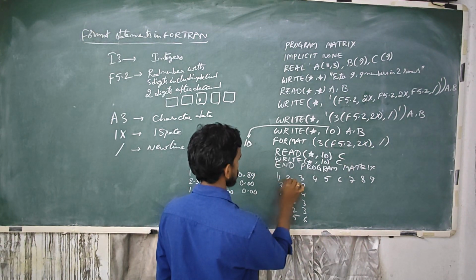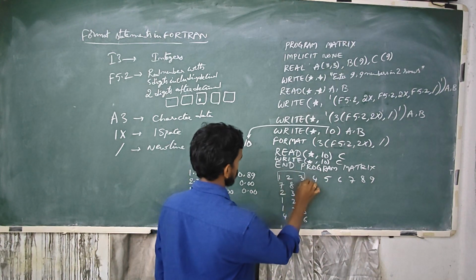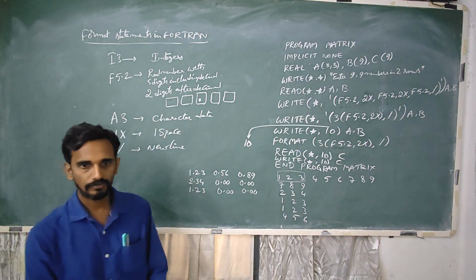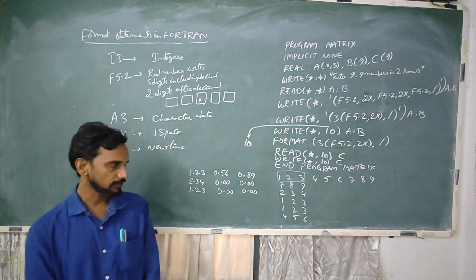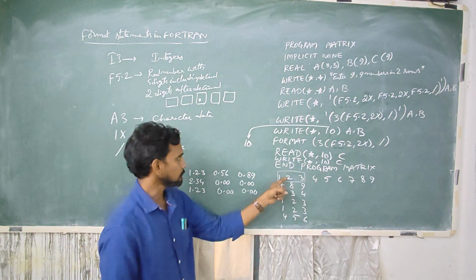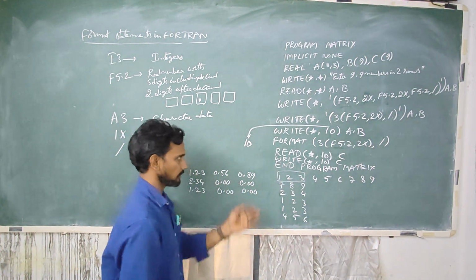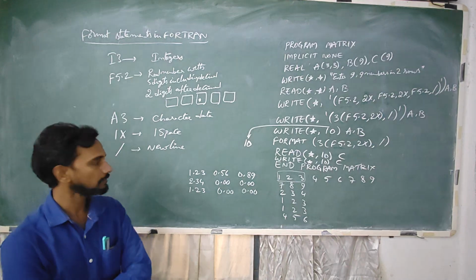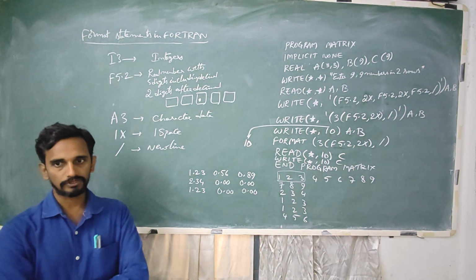So 1 space, 2 space, 3 is your first data block. So that is your first input, and after decimal there are 2 numbers. Before decimal, whatever remaining numbers will be before the decimal. So this 1.23 has become your first input,